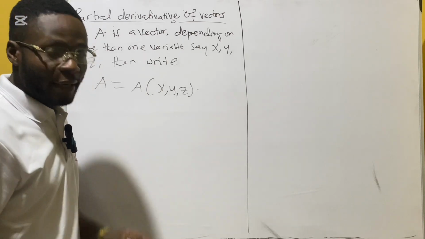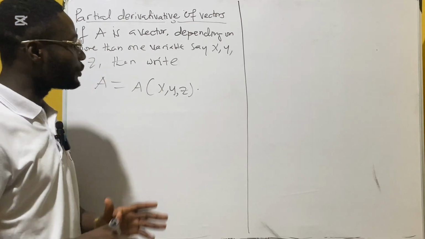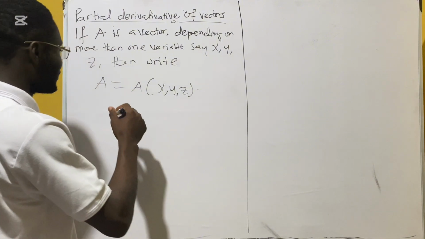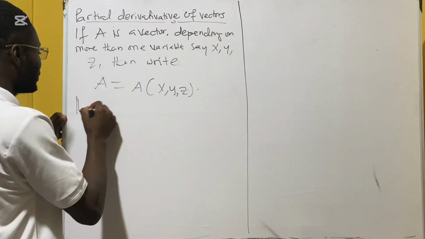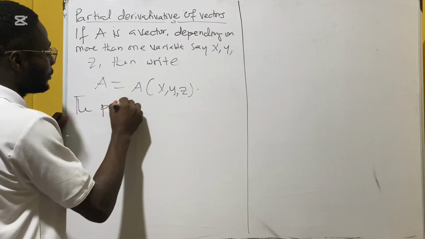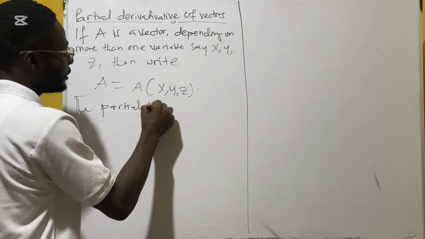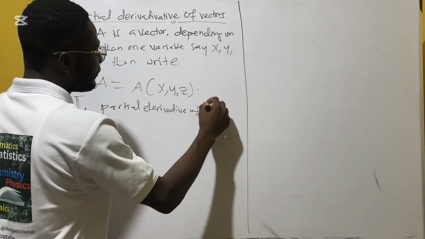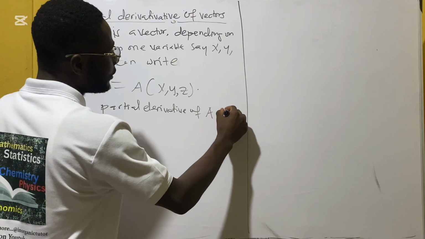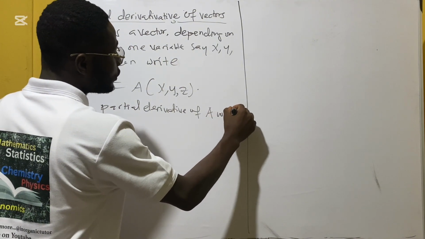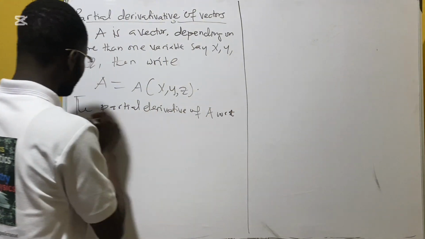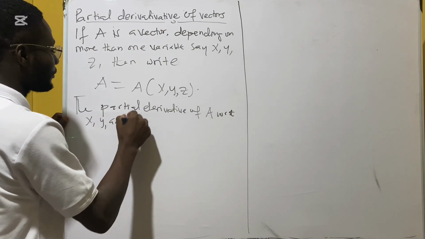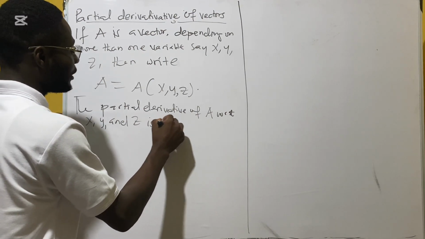So the partial derivative of a with respect to x, y, and z is giving us